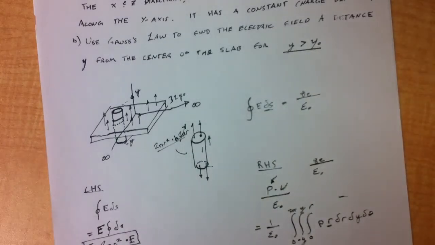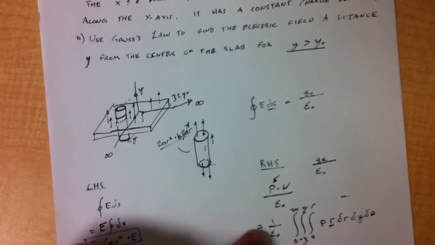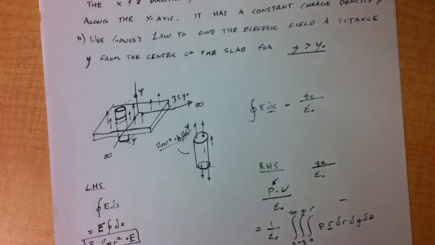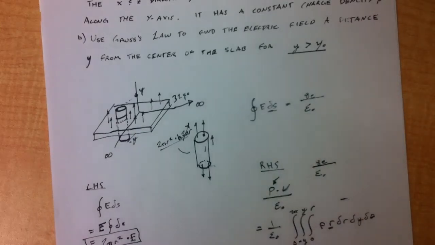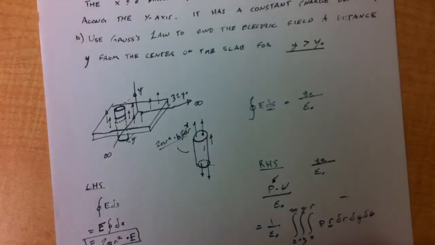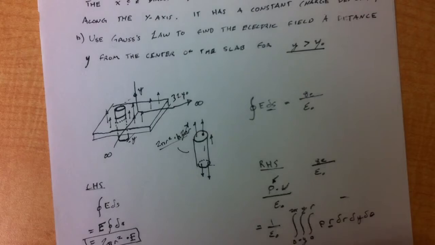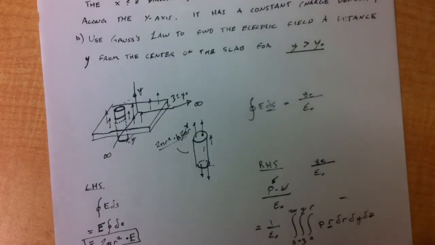So this is the most basic version of our integral. We know that this is a constant, that's why we're allowed to have this outside. Also, in this equation, we know that rho is constant, so we're going to go ahead and pull rho out. So we're going to do rho over E naught times this integral. Now this integral is going to simplify down quite a bit just to give us the volume